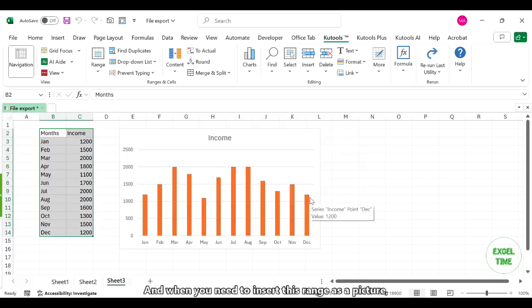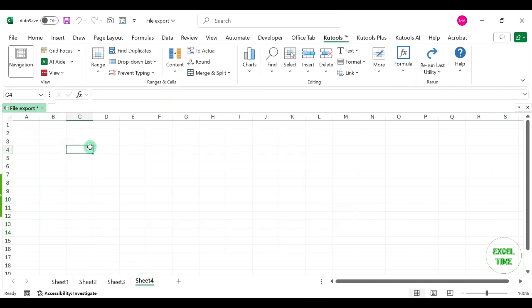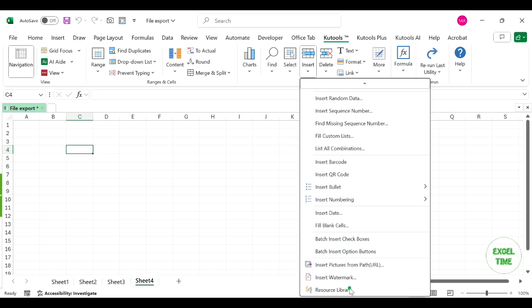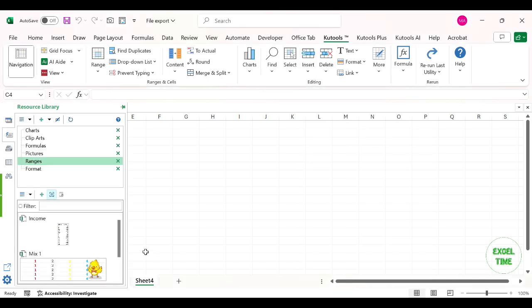And when you need to insert this range as a picture, just need to select a cell that locates the picture, then enable the resource library. After the resource library pane shows up, find the range